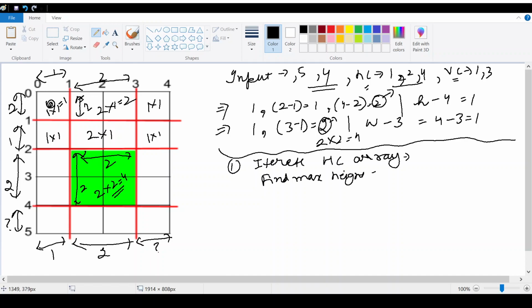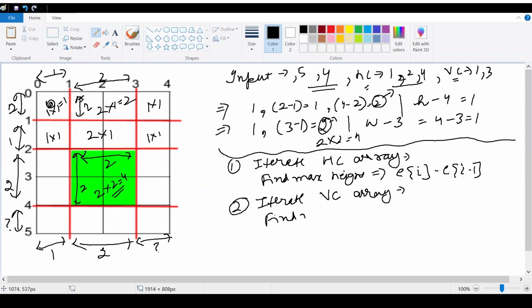It will be equal to element at i minus element at i minus 1. Then we have to iterate over the vertical cuts array to calculate the maximum width. It is element of i minus element of i minus 1.